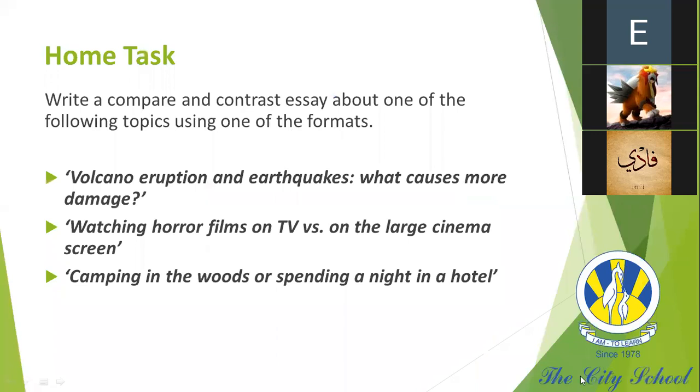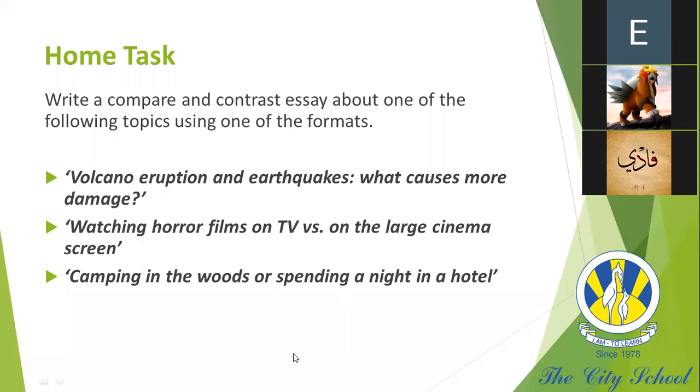Your home task, we are actually running short of time, so I just want to explain the home task. We are going to write a compare and contrast essay about any one of the following topics. You can select any one of the topics which is on the slide. Okay, select one topic, then select one graphic organizer we just taught you about. It can be a Venn diagram, an H chart, or the flow diagram.